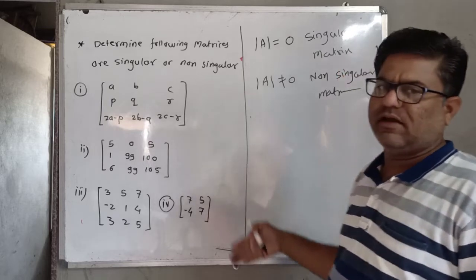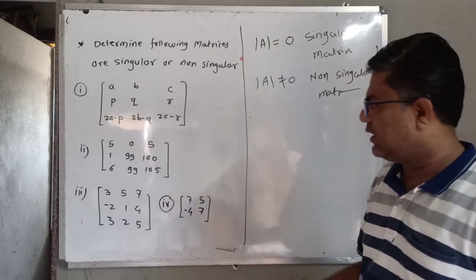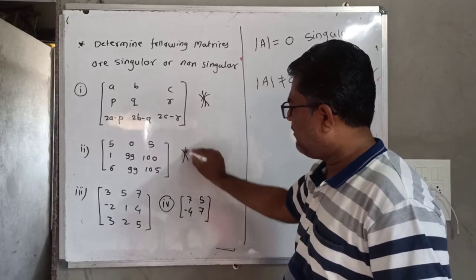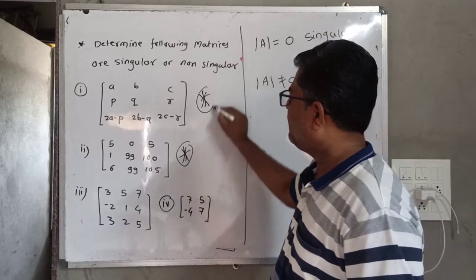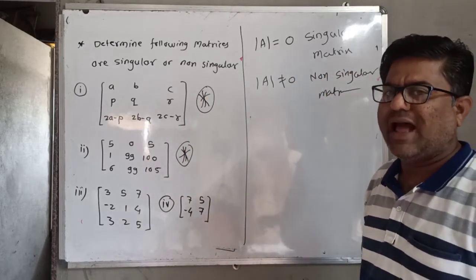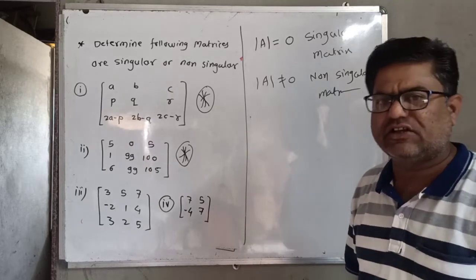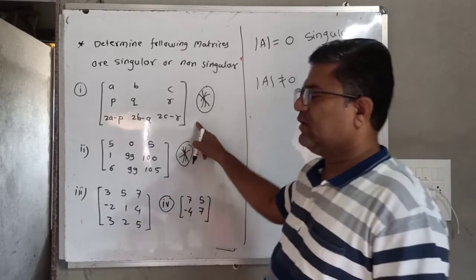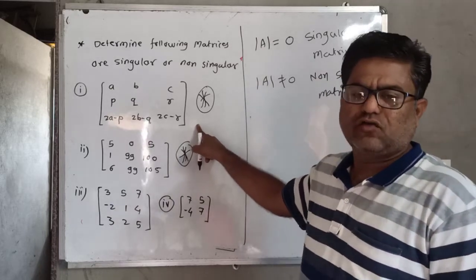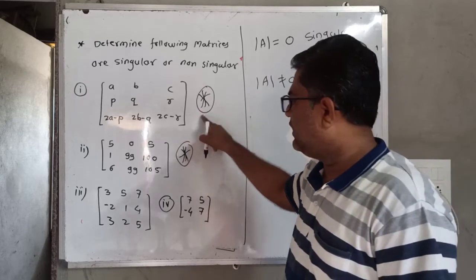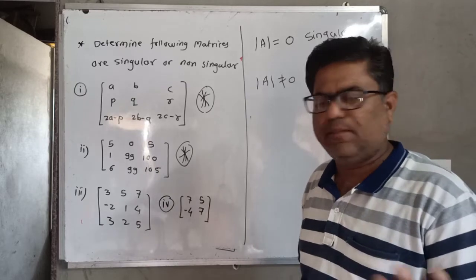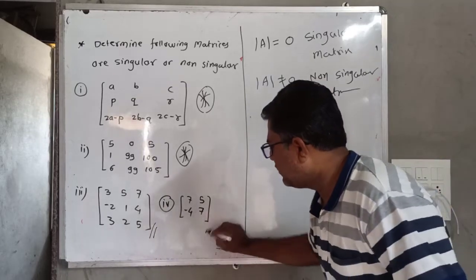For these matrices, we have to solve the determinant. For the first two examples, I will post the video on how to solve this determinant when I explain the determinant chapter to you, because there are some properties to solve the determinant in a short way. Therefore these two examples we will solve in our next chapter.